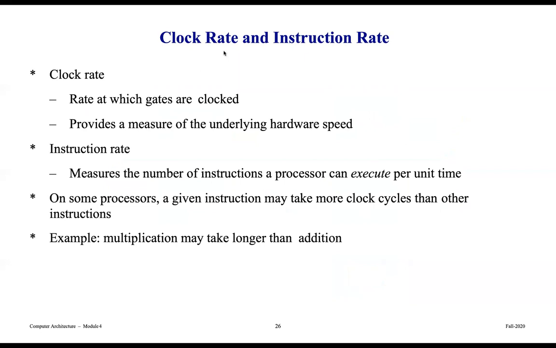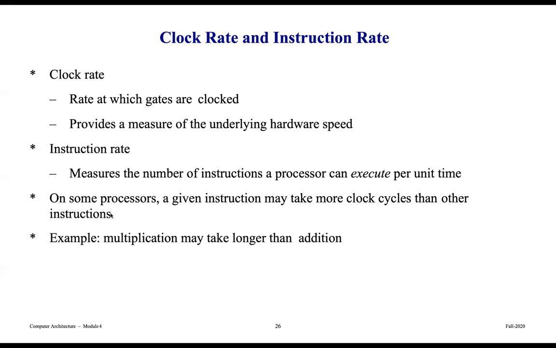So you have the clock rate and the instruction rate, which aren't necessarily the same thing. A lot of times we use a clock rate to give us some basis to compare how well a computer is doing. It is the rate at which the gates are clocked, and provides a measure of the underlying hardware speed. The instruction rate, instead, measures the number of instructions a processor can execute per unit time. And so sometimes you'll hear about the clock rate, sometimes you'll hear about how many instructions per second that a